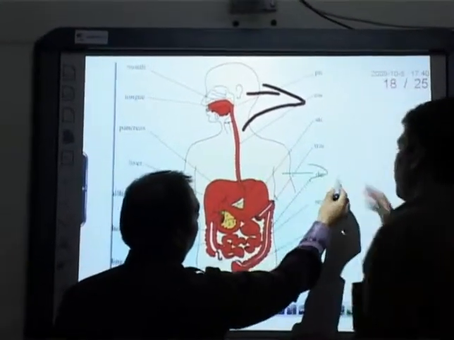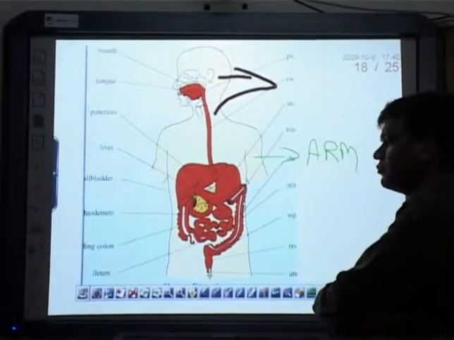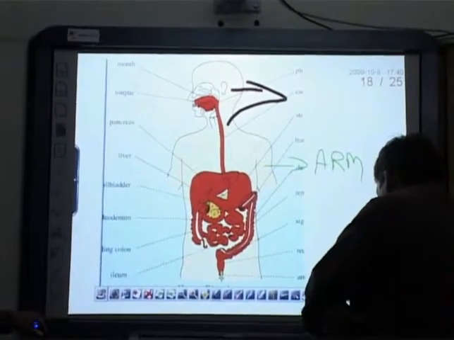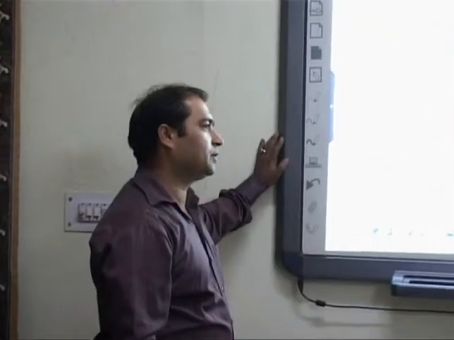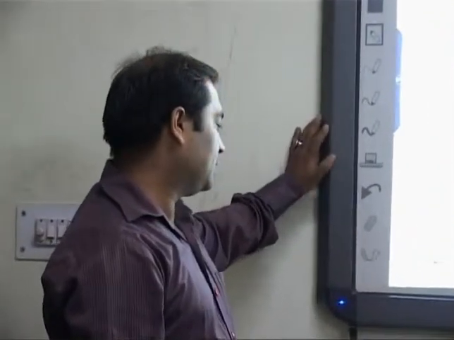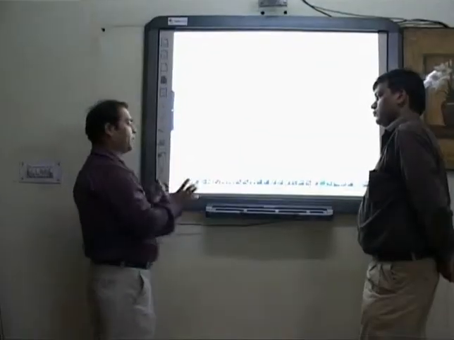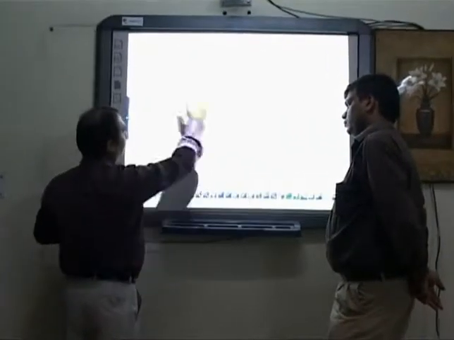What is the technology behind this, Najib? The technology of that board is, we are using IR sensor technology, and the surface of the board is very hard. We are using a Formica based surface. And the best thing is no consumable is required for using that board. Suppose you are using that dummy pen and it gets loose, there is no need of any electromagnetic pen. You just simply select your finger, select the tools, and you can write.